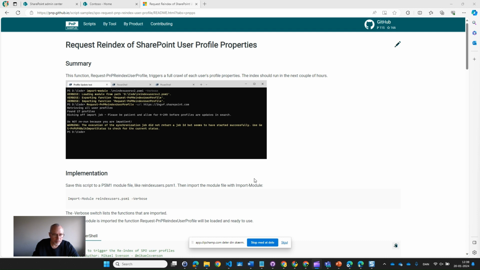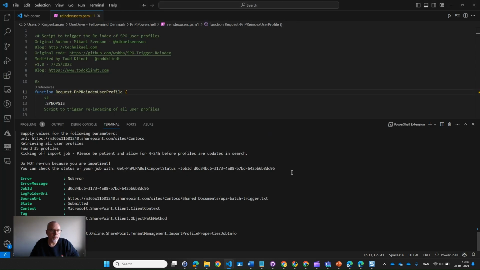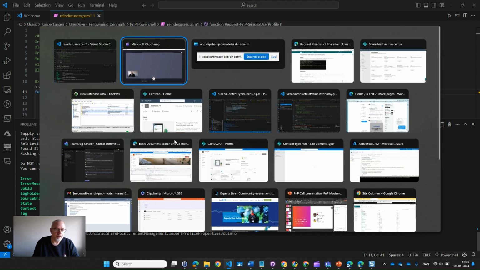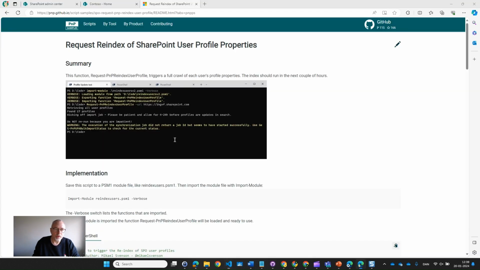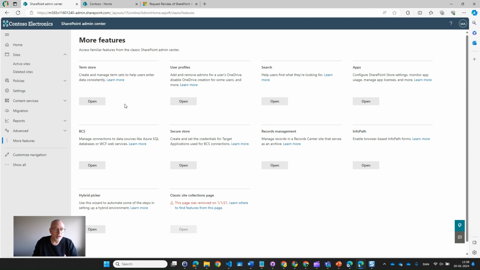So we'll just grab the script from here and add it to our, in my case, my Visual Studio Code, which is my preferred terminal. And then we'll run this script and it will force the user profiles to be indexed as soon as possible. Once that is done, we can see that by going into our administration center and go into our search